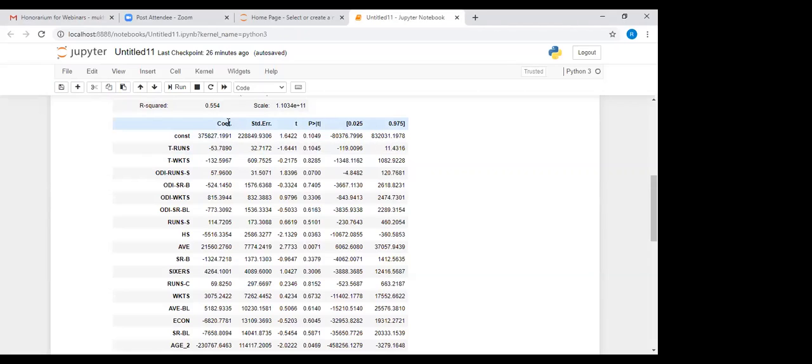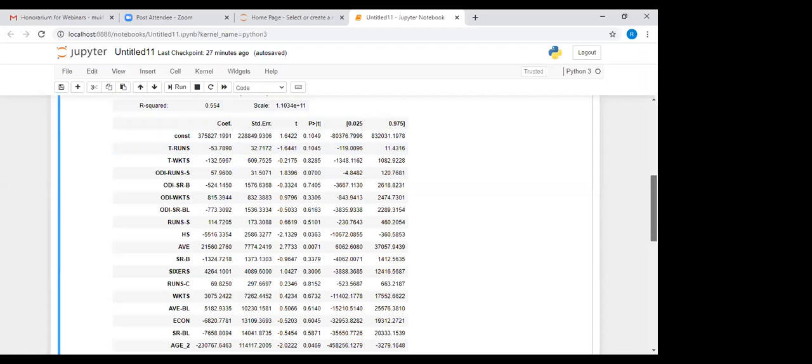Now the concept is that variables with p value less than 0.05, since the level of significance alpha is 0.05, meaning we are working with a confidence level of 95%. If the p value of a variable is less than 0.05, only those features will be considered significant features.